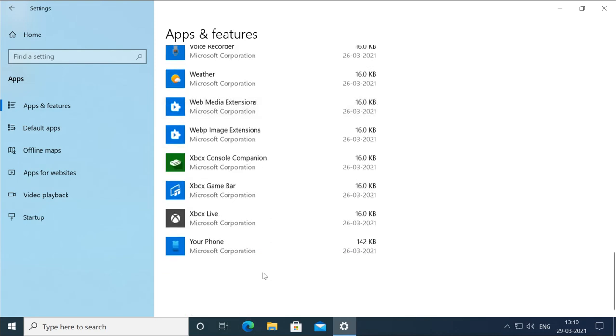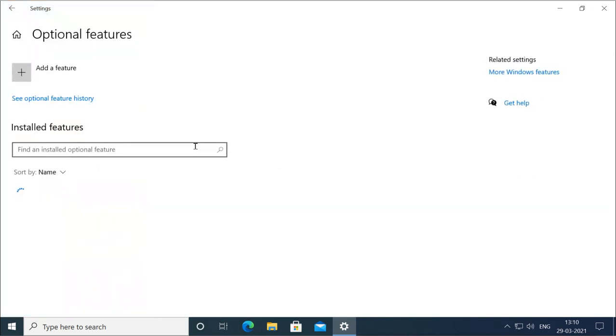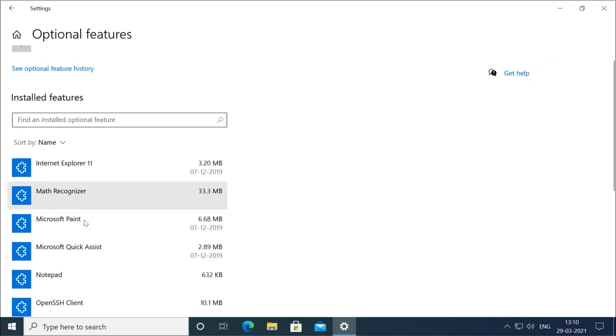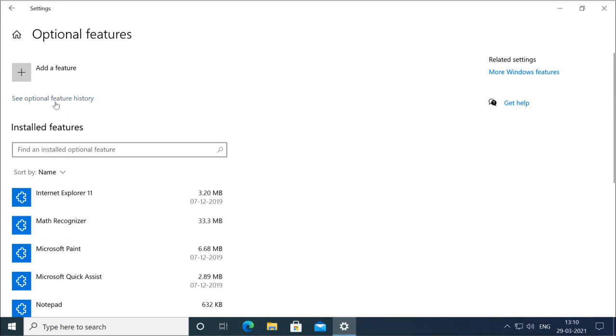Now if you want to enable or disable a feature from here, you can go to Optional features. Now you can see these optional features available here. You can see the optional feature history, which you have added or removed, or you can go for Add.